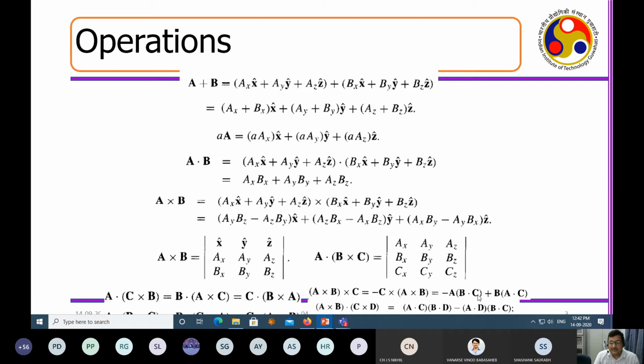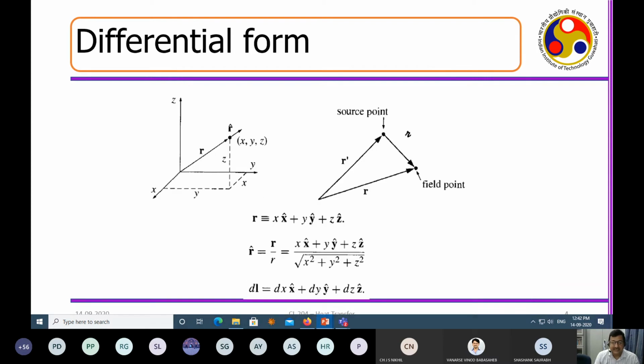Now let us see B dot C, this one. B dot C is a scalar, A dot C is a scalar. Now A is a vector, B is a vector, so this will lead to a vector. Right? So now, if you do this sort of mental exercise, you will end up looking at, say, R